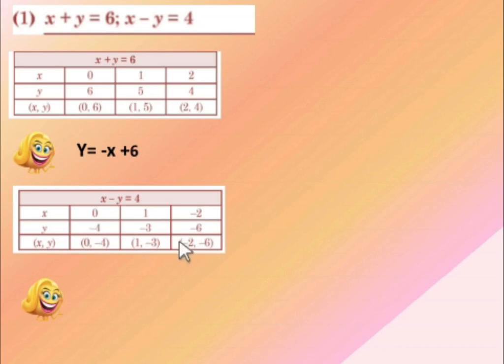If you save time in making this table, you get more time for your difficult questions and checking your paper. Again the same way. My advice: y is equal to x minus 4. First put x is equal to 0, you get 4. Put x is equal to 1, 1 minus 4, minus 3. Put x is equal to 4. Be smart. This becomes 4 minus 4, 0. You're not solving, you're getting the answer directly.